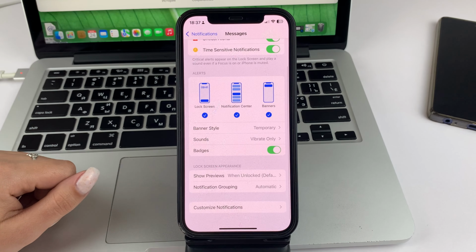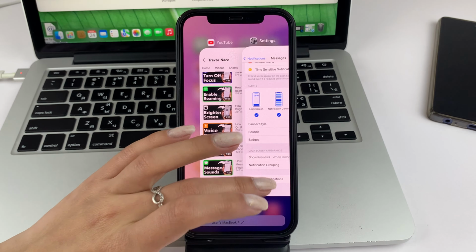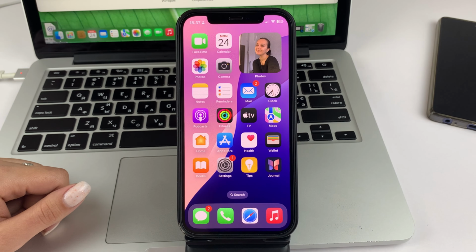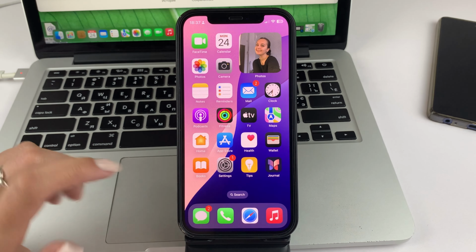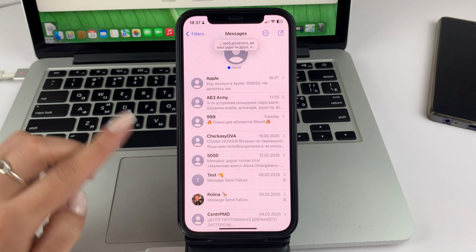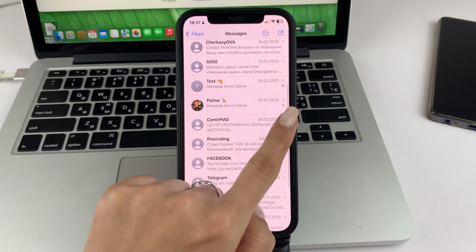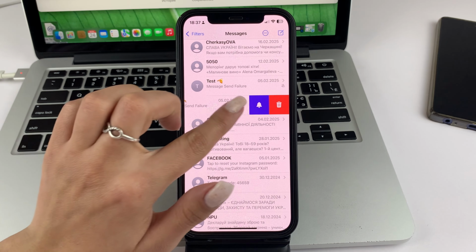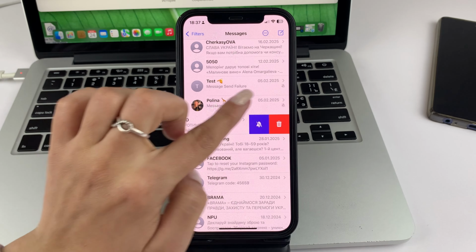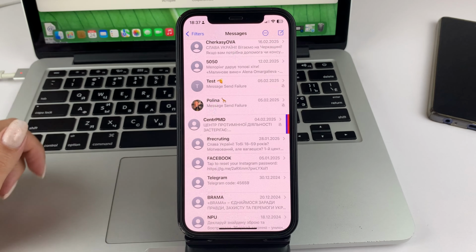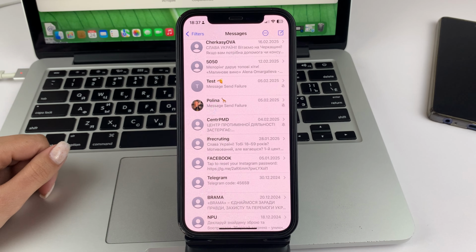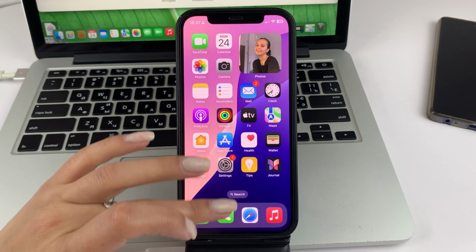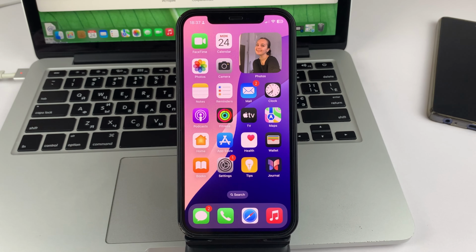But if, friends, you want to make such restrictions not for all users, but only maybe for some users, then open up the messaging app. Go to the person you want, find them, and swipe the conversation from the right side to the left side, like this. After that, you will need to tap on the bell, which will be crossed out. This will mean that now you will not receive text notifications on that particular person's message. Dear friends, with these two methods, you will be able to mute text notifications on iPhone.